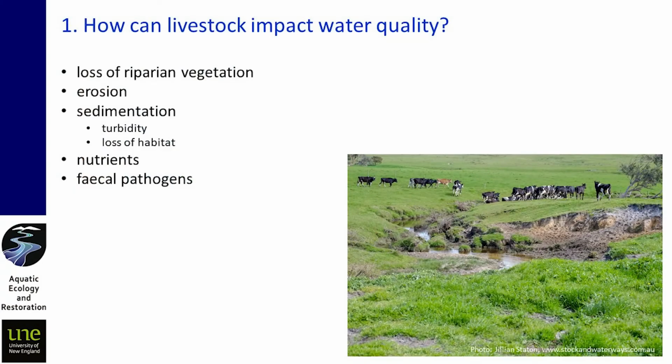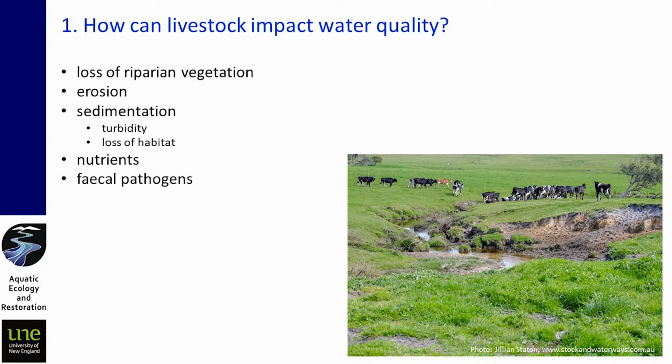So we lose our riparian vegetation with unrestricted stock access, both with them grazing and also the trampling. So you'll see where they sort of preferentially go down to the water, that they're starting to trample the soil, they're compacting it, and we don't get regeneration. And if things do regenerate, then they're being grazed off. Because of that compaction and that loss of vegetation, we see erosion around those stream banks.